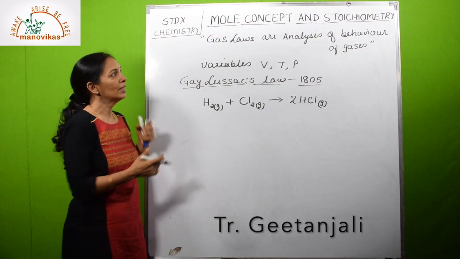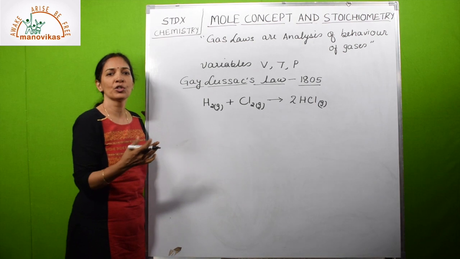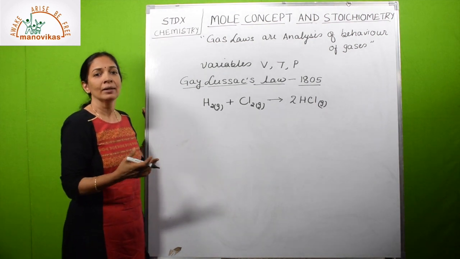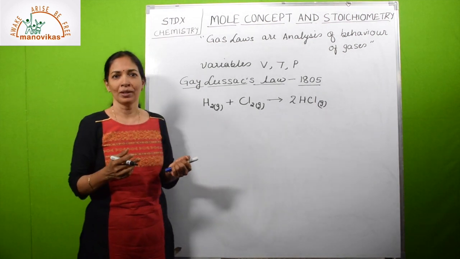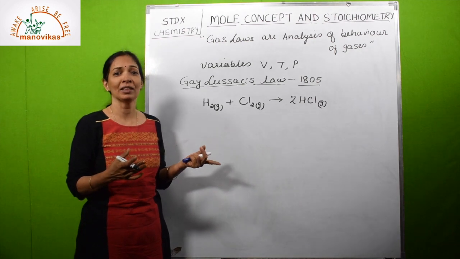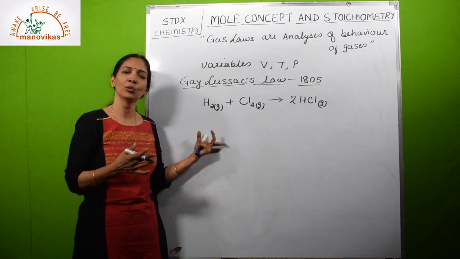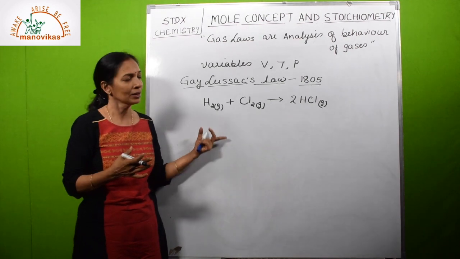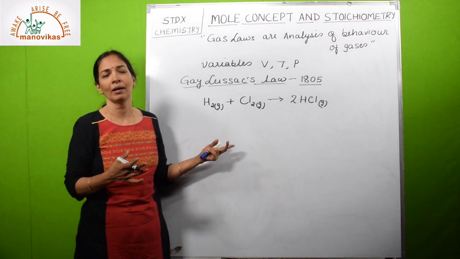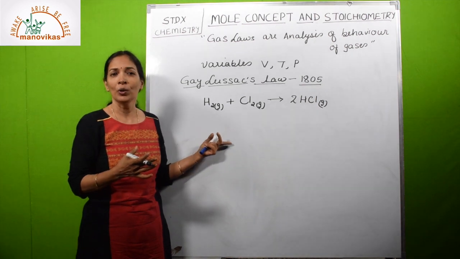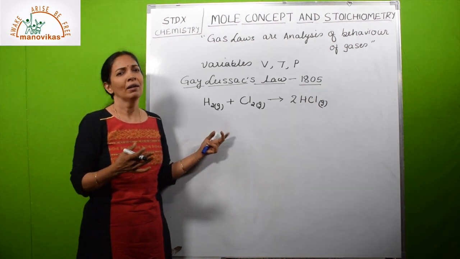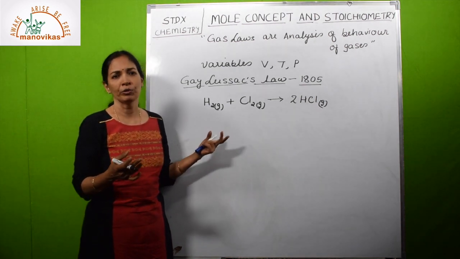I'm going to start with mole concept and stoichiometry. This is a numerical based topic. Now don't worry, you must be thinking numericals will be difficult. No, these numericals are very easy. You do very tough numericals in mathematics. All the numericals are based on unitary method. Only the terms and the simple laws you have to remember.